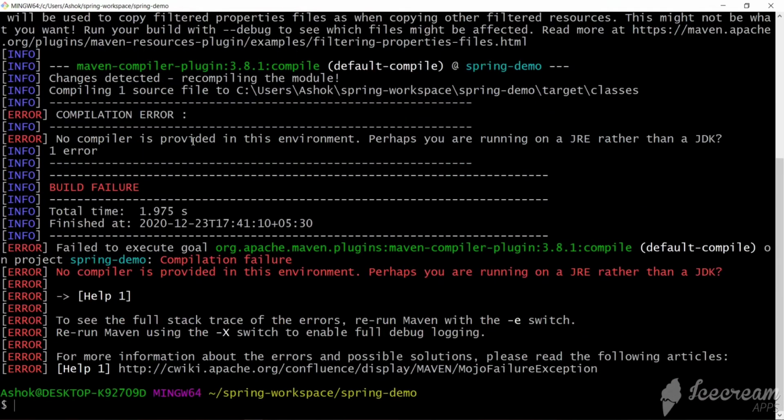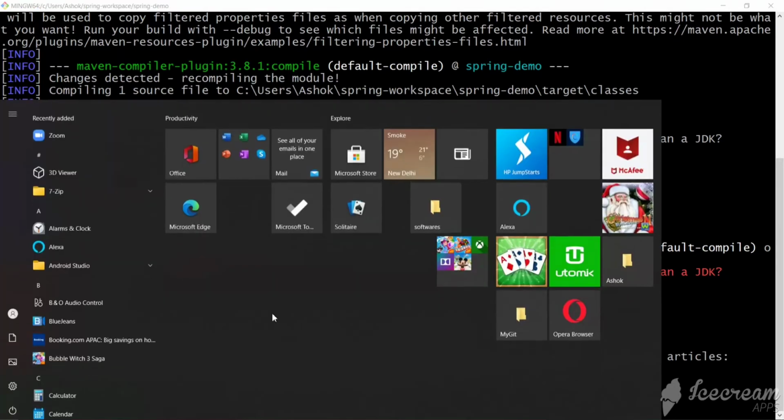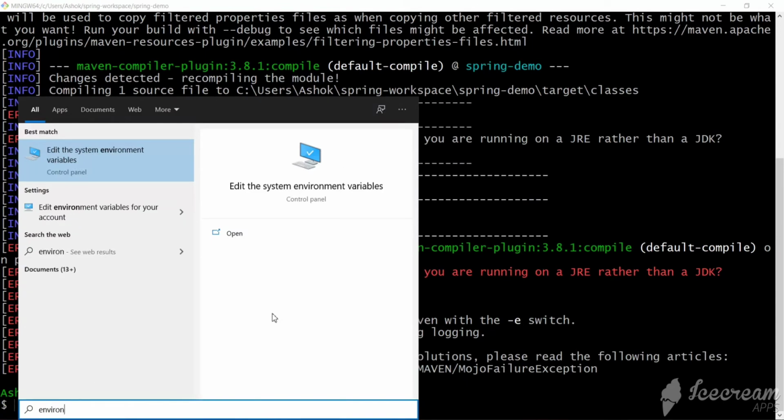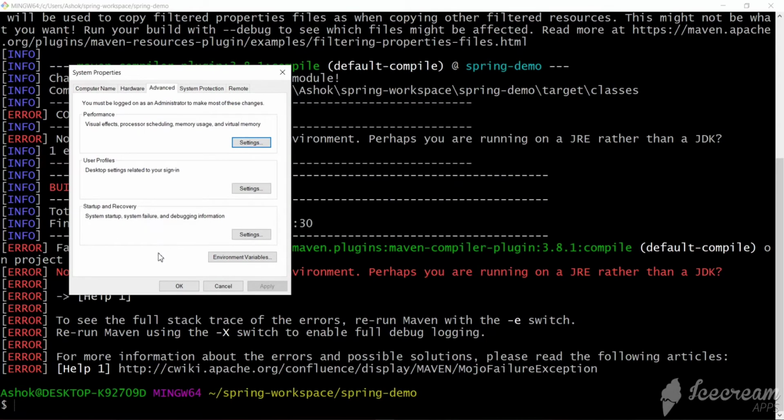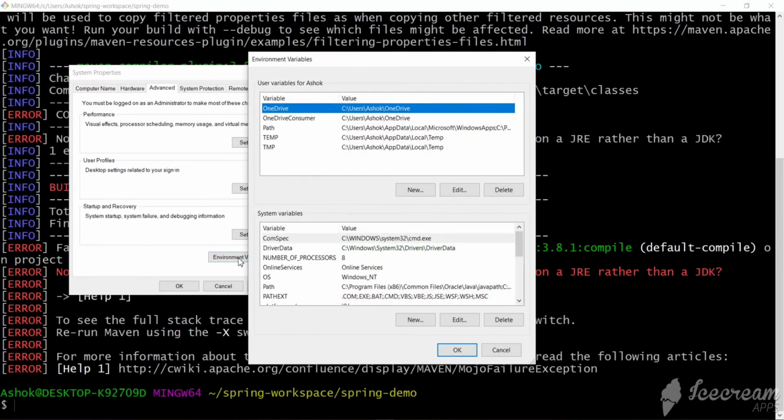Now let's see what the error is. The compilation failure: no compiler is provided in this environment. Perhaps you are running on a JRE rather than a JDK. So now let's see the environment variables. We need to have a JAVA_HOME environment variable. Click on edit the system environment variables, let's go to environment variables. Here we don't have any JAVA_HOME path, so let's introduce it.